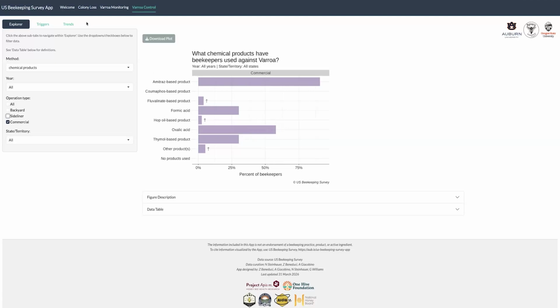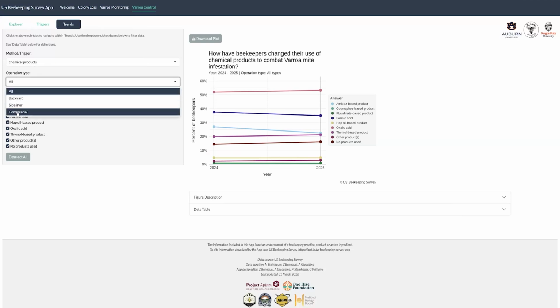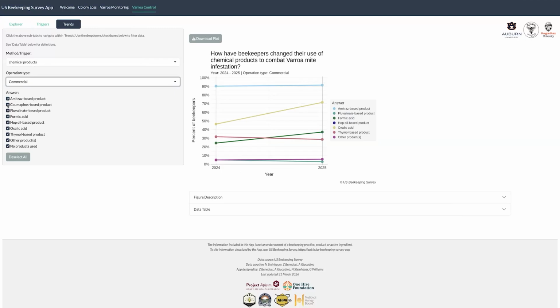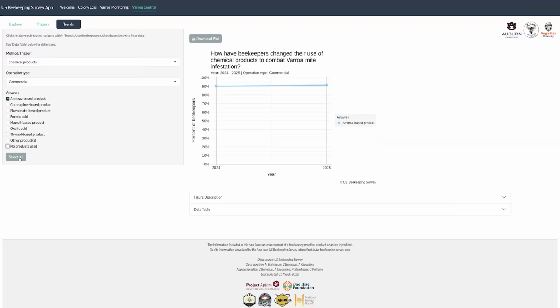And a really neat feature of this app is we can look at trends over time. So we've built in 2 years of data to this app right now, and we're really looking forward to future years of data collection because we can look at the trends, for example, again, of chemical products. Let's go have a look for the commercial beekeepers and see what they're doing connected to amitraz-based products. So we can deselect all of these options. We can see it's fairly constant. So over 90% of commercial beekeepers were at least using an amitraz-based product once last year